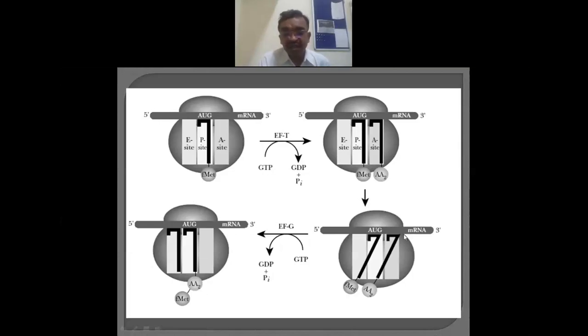And then there is a translocation movement, a little movement of the ribosome that dislocates the position. And here this picture comes. Now it gets removed. Until it is removed, another will not come, because for the sake of convenience I am showing these three sites, but actually there is not much space. At a time only two tRNAs can be bound. Once it gets removed, then another tRNA containing amino acid 3 comes. Then the same thing happens so many times, which is referred to as elongation.